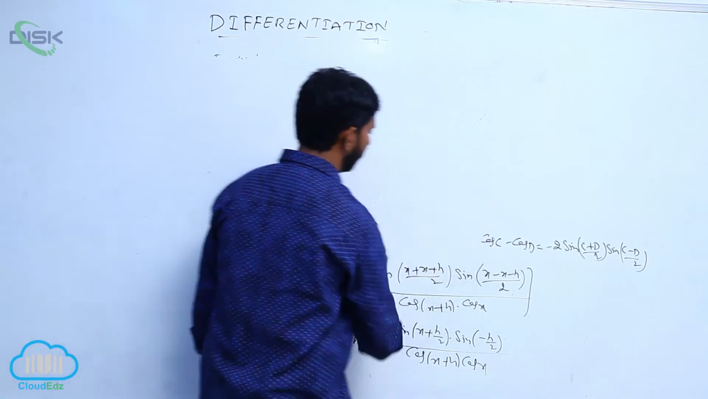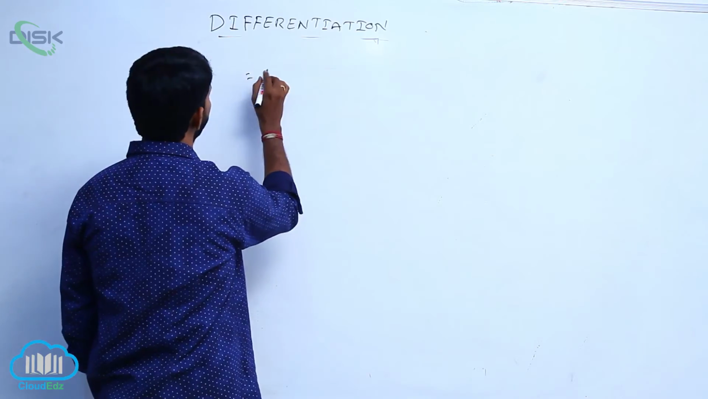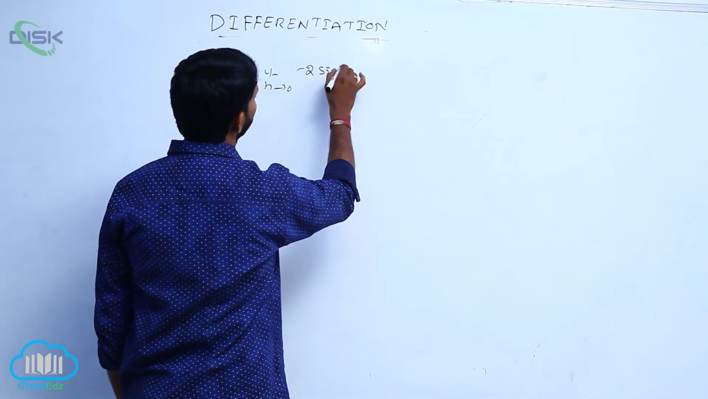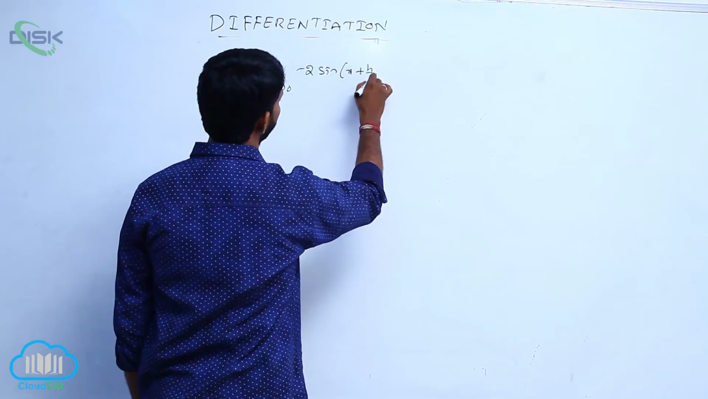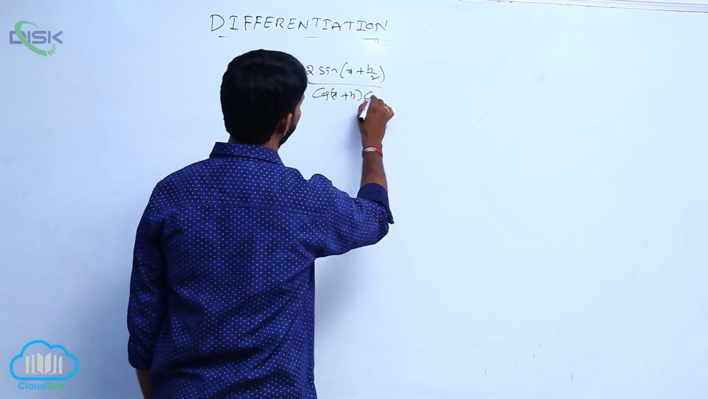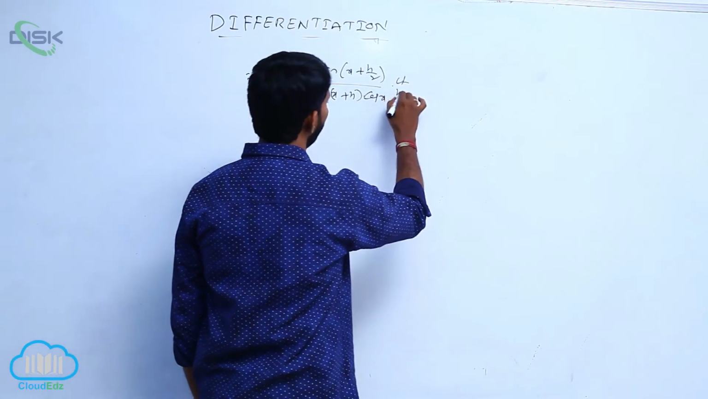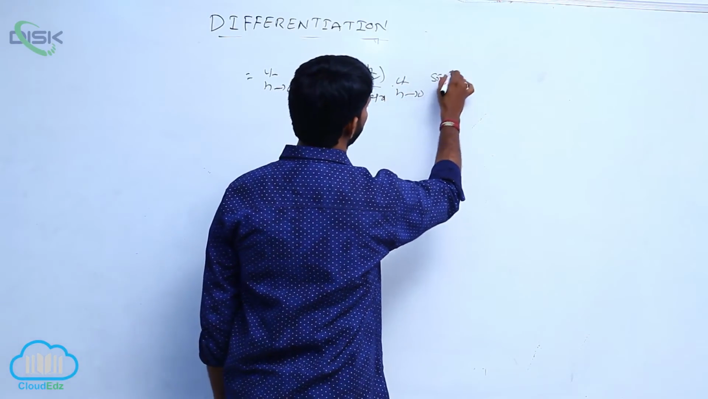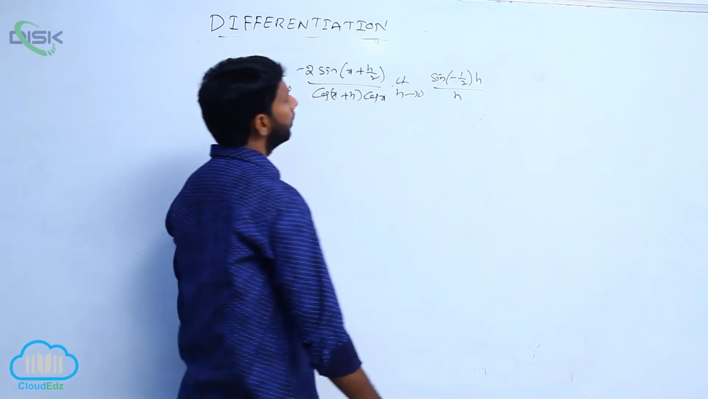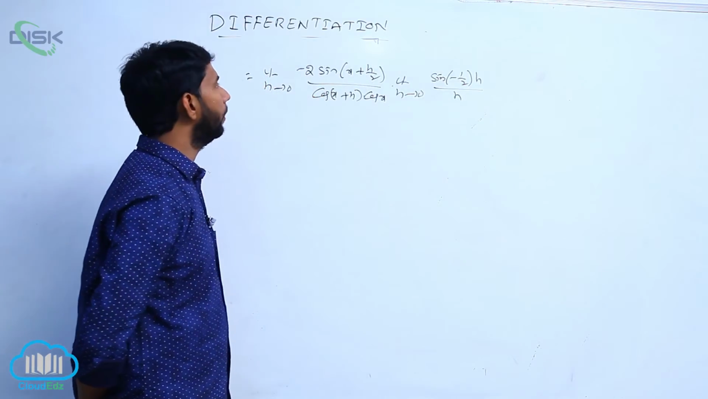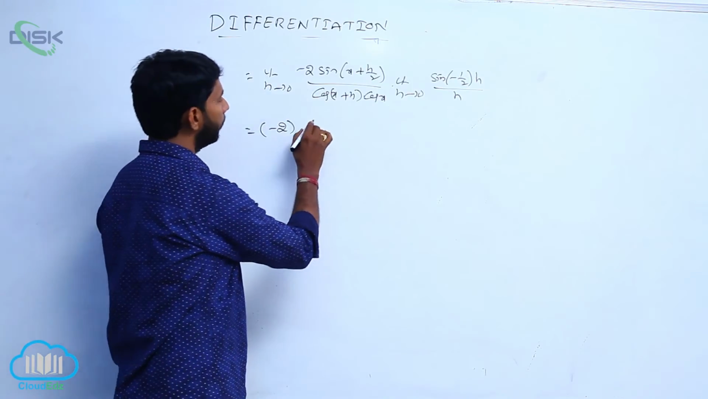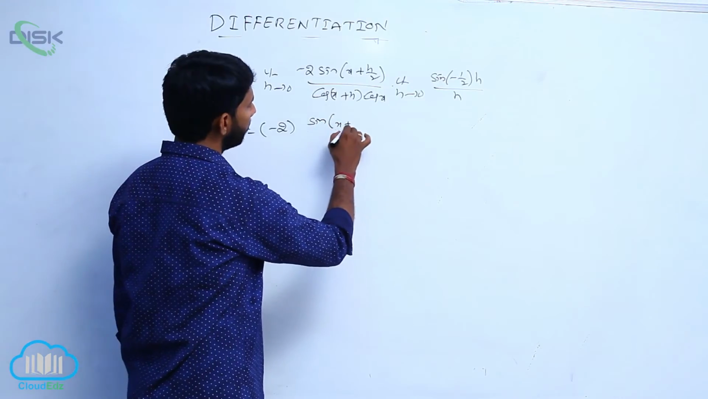That is equal to the limit h tends to 0 of minus 2 sin of x plus h by 2 by cos of x plus h into cos x, into the limit h tends to 0 of sin of minus 1 by 2 of h by h. Here minus 2 is the common factor. Put h equal to 0. That is sin of x plus 0 by